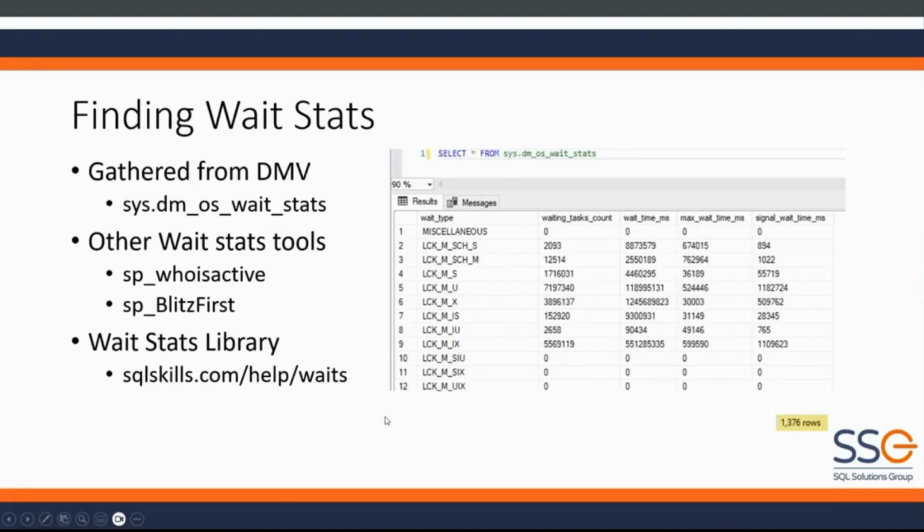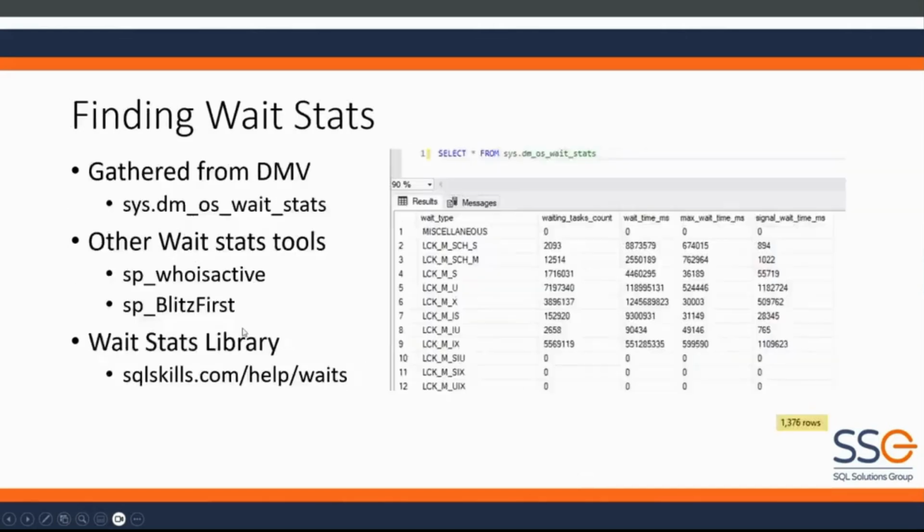To get your wait stats, there is a very nice little DMV called sys.dm_os_wait_stats. It will give you a list. It's worth noting, I pulled this today off a SQL Server 2022 instance, and there were 1,376 wait stats in this table. I work with wait stats every day, and I was chatting with Kyle on our team earlier. I'm pretty sure I could only, off the top of my head, define about 20 of them for you. Because of that,